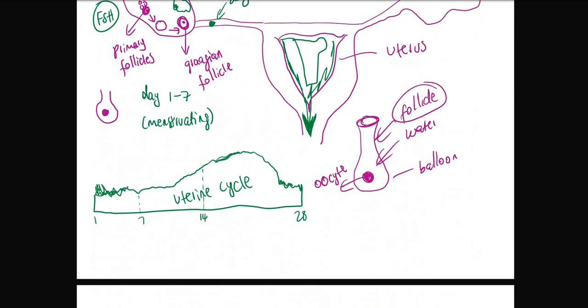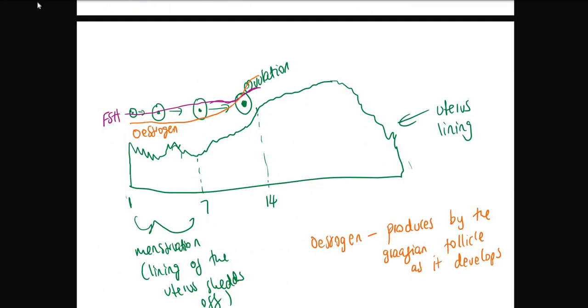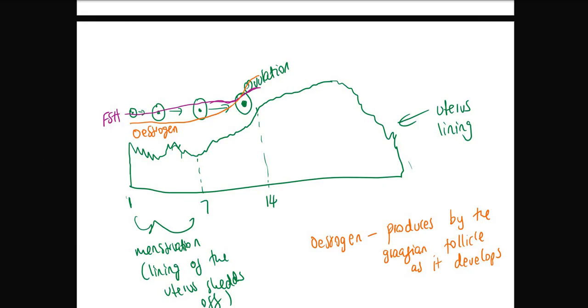Okay, let's have luteinizing hormone there. Which color can I use? Let me use blue. So here's luteinizing hormone, but then luteinizing hormone is going to be the highest, right, during